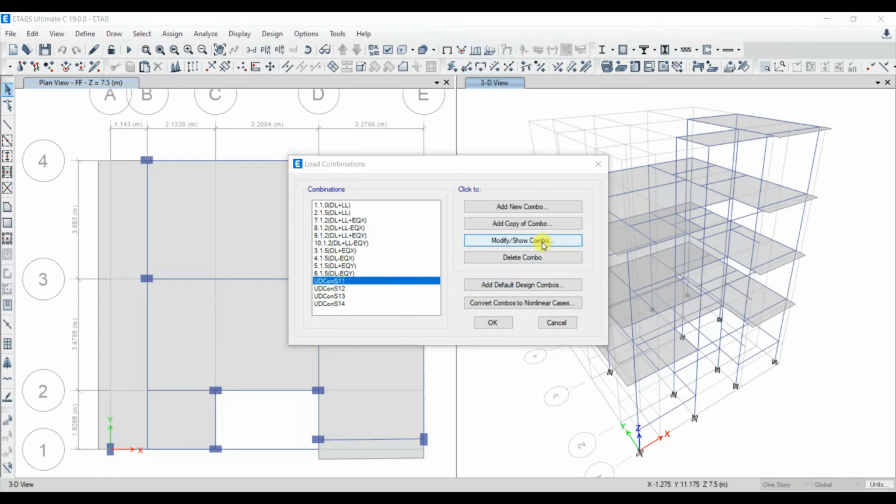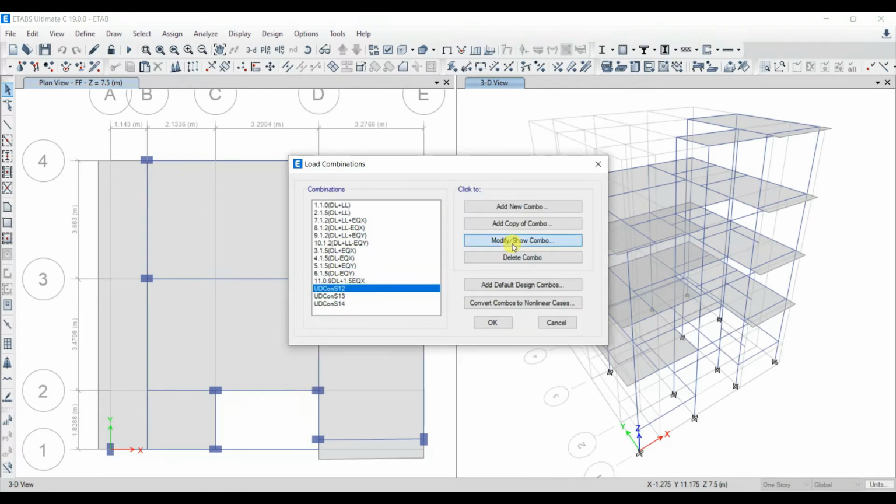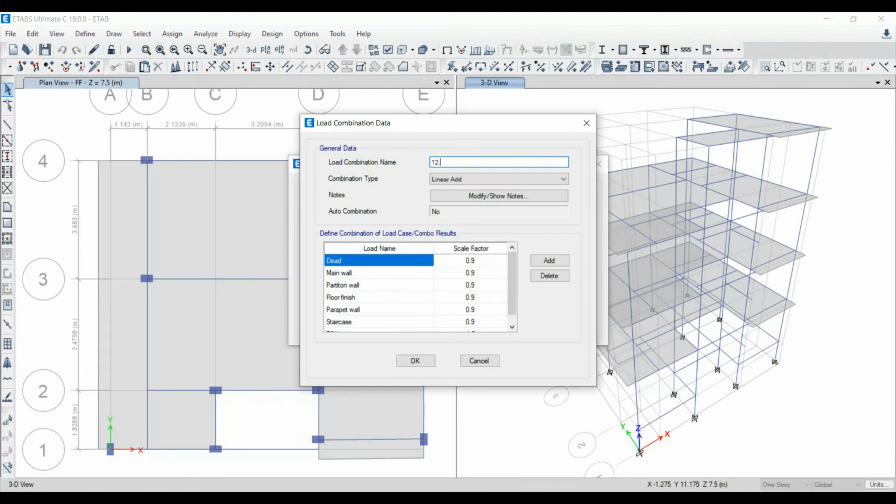Next let's see this one, and here see 0.9 times dead load plus 1.5 times EQX. So this one is our 11th combination, 0.9 times dead load plus 1.5 times EQX. Next this one, 12th combination, 0.9 times dead load minus 1.5 times EQX.